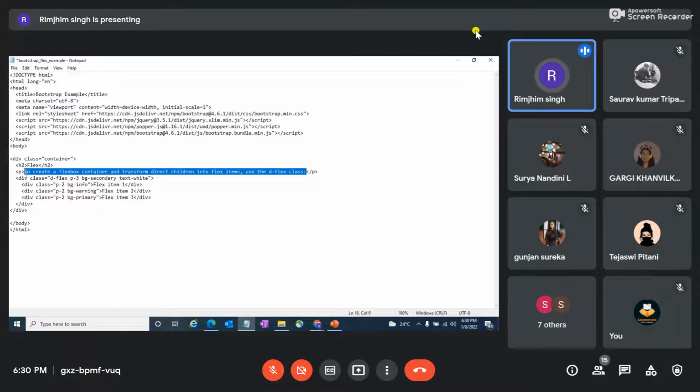So it is just easy. There's only one line which you have to remember. That's it. And then after coming into my container here, I'm just declaring a class d-flex p-3 bg-secondary and text white, and these are the things which I'm writing in my container, p-2, and then flex item 1. You can also ignore this one. This does not matter at all.